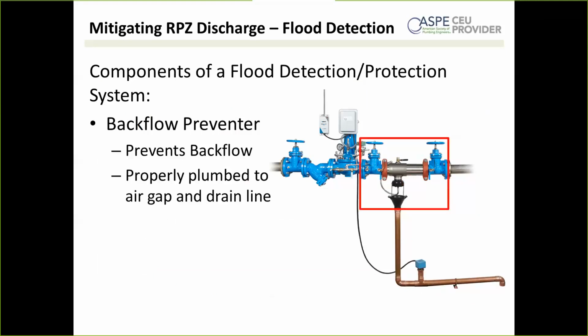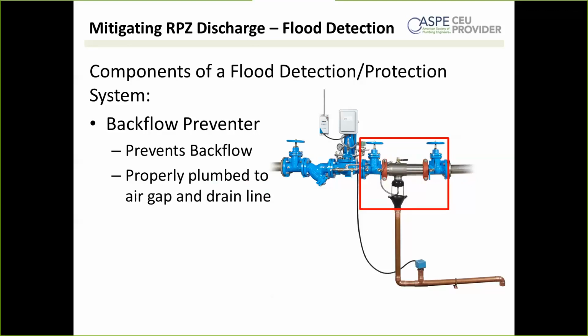So first we have the backflow preventer. Here it's in that red box. Hopefully you recognize it. The only additional thing I want to point out here is that air gap and drain line. It is a common misconception that that drain line is meant to handle all potential relief valve discharge. I think based on our previous conversation about what size drain piping would be required during a catastrophic discharge of an RPZ backflow preventer such as this one, it's clear that that 2-inch drain line will not handle that catastrophic discharge. It's just there to route the much more common nuisance discharge, the drips, the little streams, to the